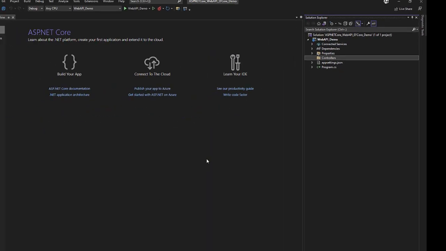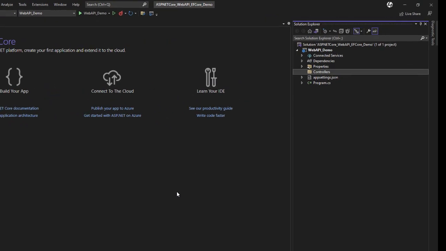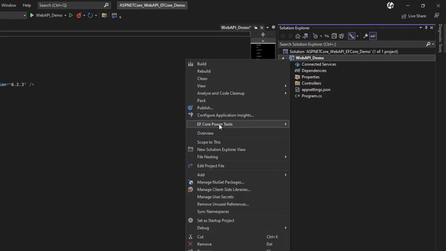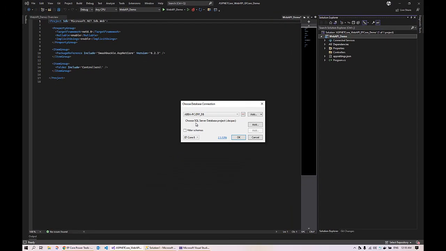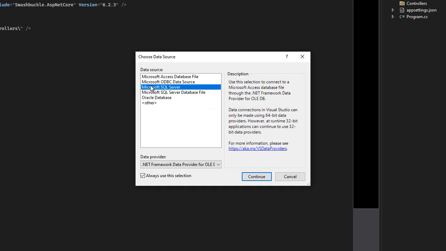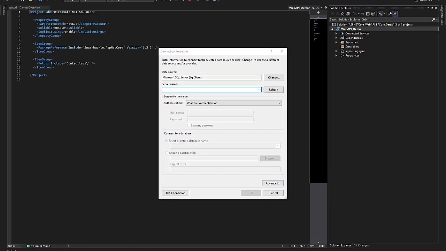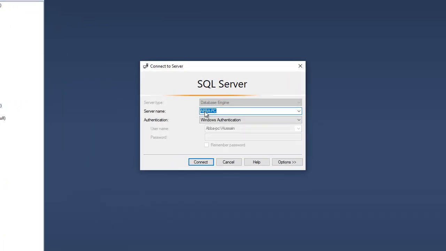Next we will connect the SQL Server database using the EF Core Power Tools. To use the EF Core Power Tools, right click on the project, select EF Core Power Tools and select Reverse Engineer. You will see I'm already connected to my local SQL Server database. I'll remove that. Click on Add Database Connection, select SQL Server, click Continue. It will ask me for the server name. Server name you can get it from your local SQL Server database. Copy the name